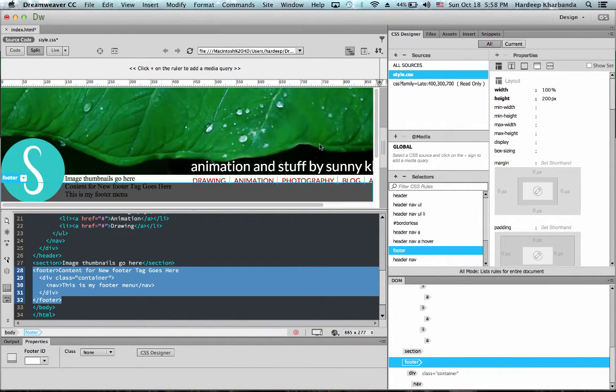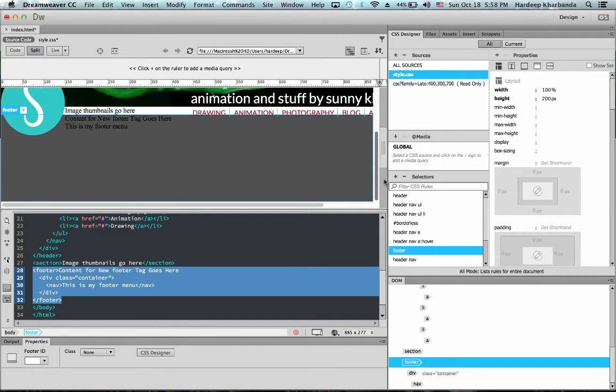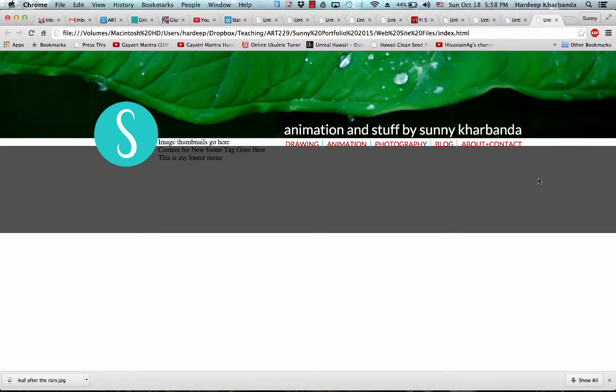So as you can see, I have my header, I have my section that has hardly anything. It only has the words image thumbnails go here. And then I have my footer, which I'm beginning to style. So this is what my page looks like. What I want instead is I want to take my footer and have it stick to the bottom of my browser window so that it leaves more space for the content. Of course, once I add my images, it will fill out my section. But right now, even before I do that, I have a way of making the footer stick to the bottom of my browser window. Let me show you.